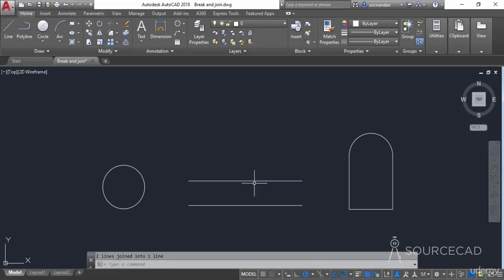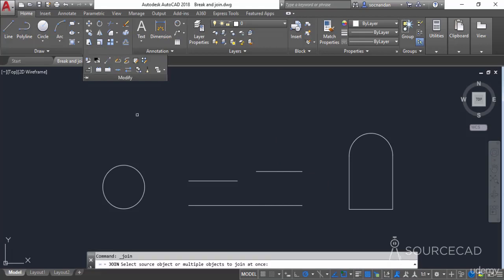Now the gap has been filled, and the object is joined as a single entity. But in this case, the objects need to be collinear, or they should be on a single line. If the objects were not collinear, the join tool will not work. For example, if I move it a little bit upwards and then try to join it, it won't join the objects. As you can see, it failed to join these objects.